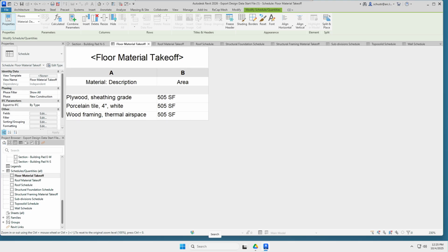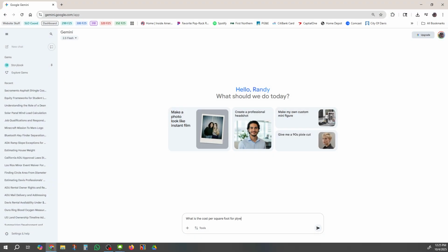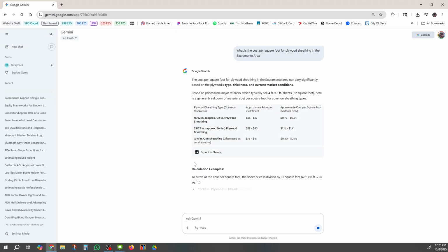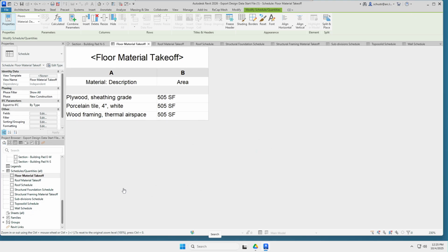Let's see what that says for sheathing. And we might as well say around Sacramento, and it'll give me an estimate. 4x8 sheets, and we'll probably be doing this half inch, so we would say cost per square foot is between 78 and 84, so I'm going to call it 80 cents per square foot. So here we're going to have, if we go into the fields,